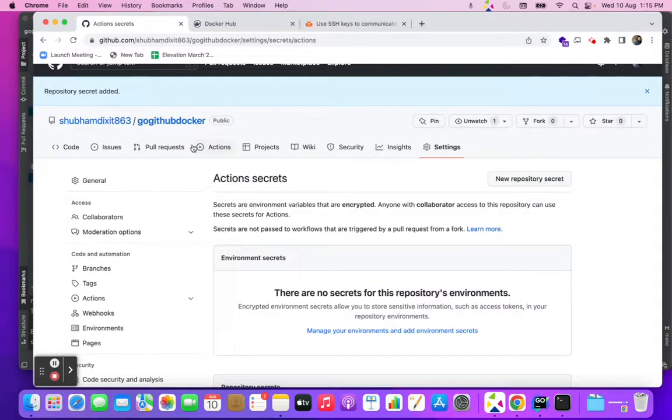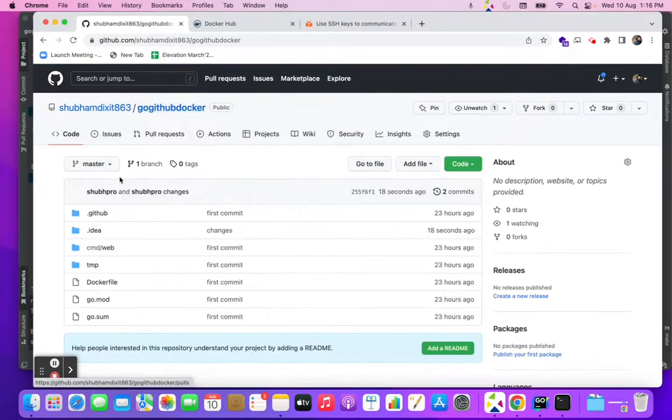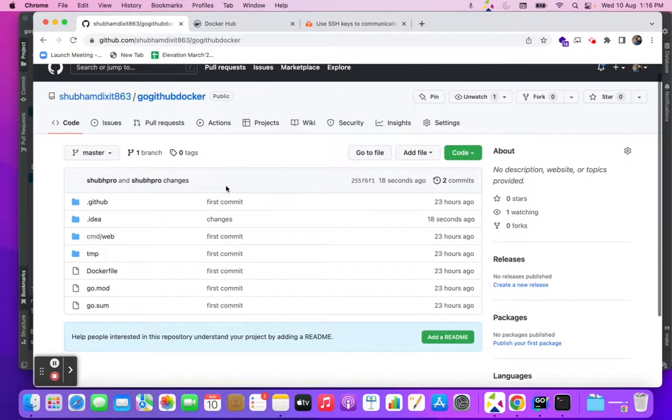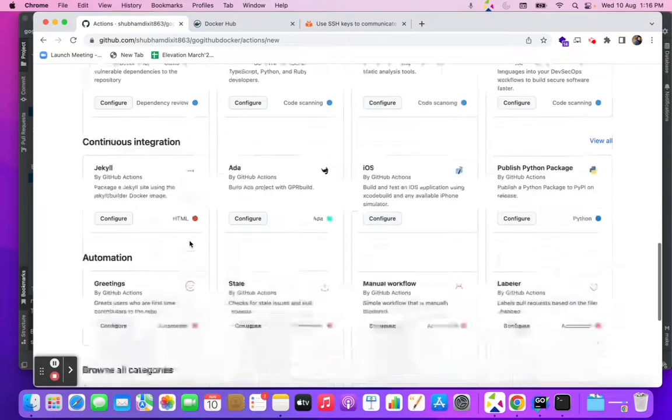So I'm just pushing it in here, and let's look into our actions. So we have everything with us. I think the action should